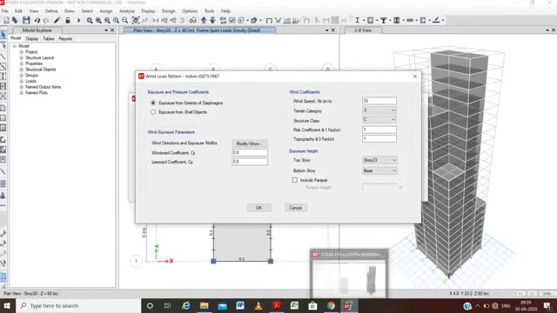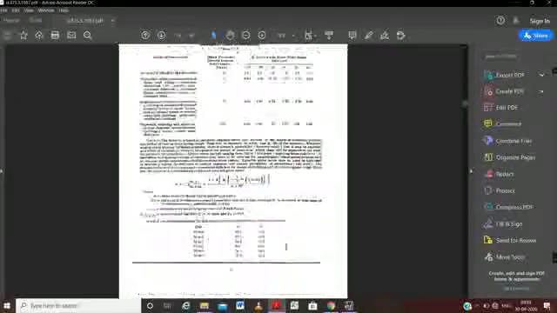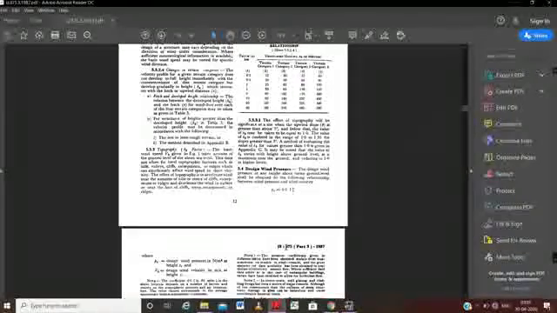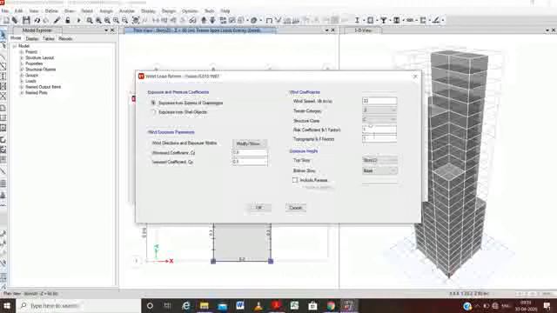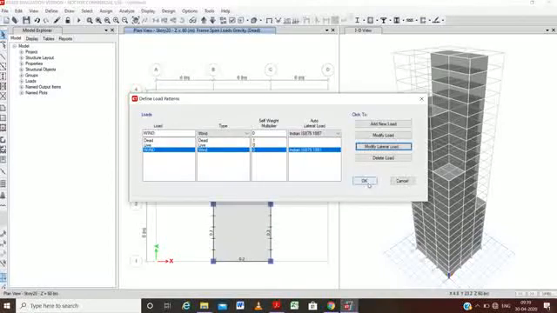Now for topography, we have to go down here, and we can see the effect of topography will be significant for upwind theta greater than about 3 degrees, and K3 may be equal to 1. So we will take 1 here, keep all the things as given and press OK. And just OK here to define it.